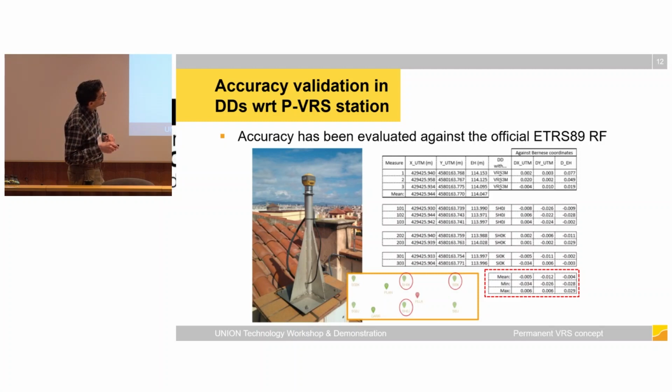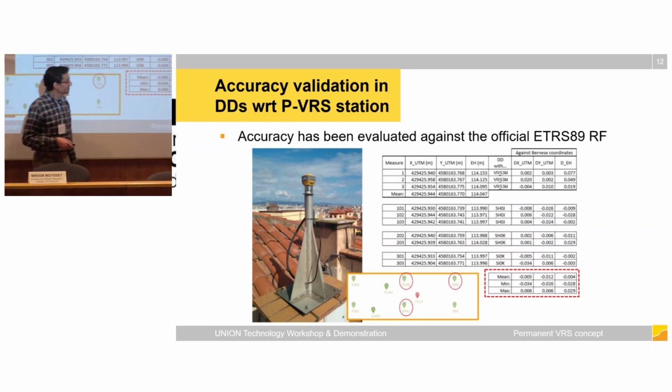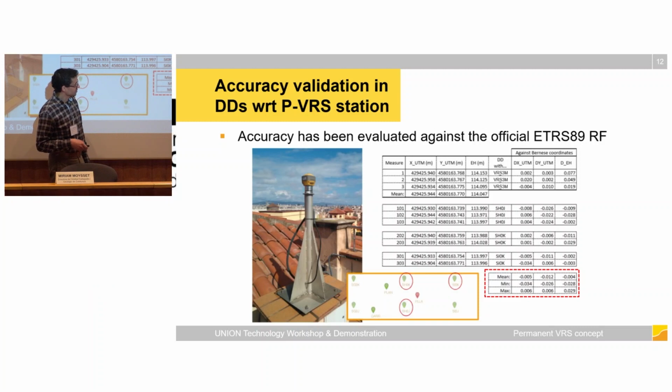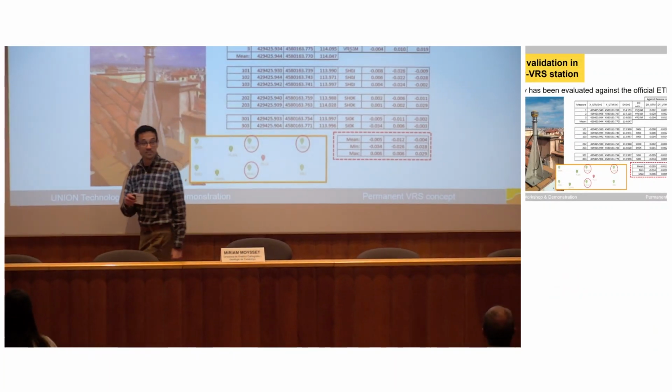First of all, with the service publicly available, the VRS3M, which is a full constellation service, and then we have checked this with the 3 closest permanent virtual reference stations available in the area. The receiver was here, and we were checking against these permanent virtual reference stations. You can check here the differences. We are most of times below 5 centimeters, so the